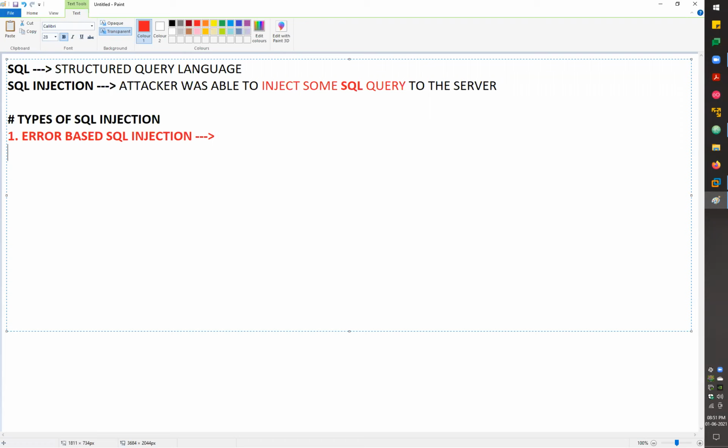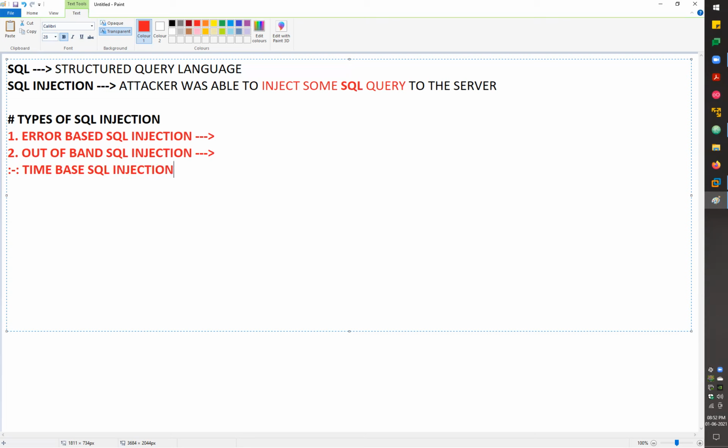After this, the second type of SQL injection is what we call out-of-band SQL injection. In case of out-of-band SQL injection, we have three different types. This was the parent category, and we have three different subcategories for the out-of-band. The first one was known as Boolean-based, or you can also call it time-based